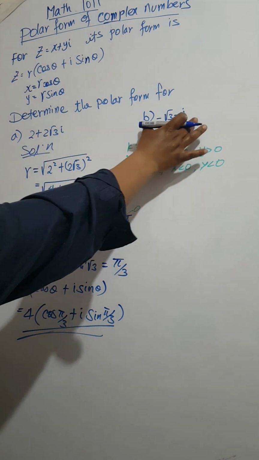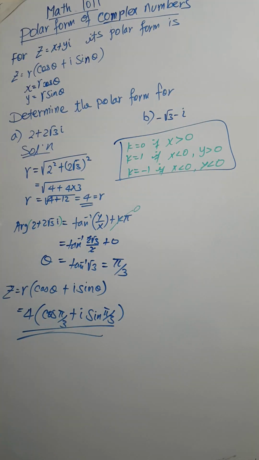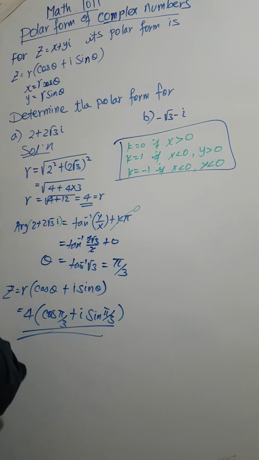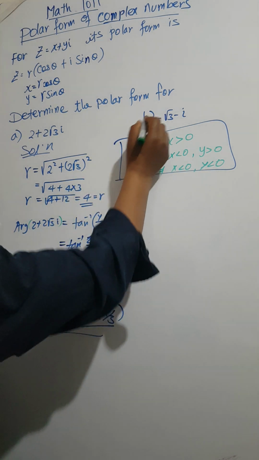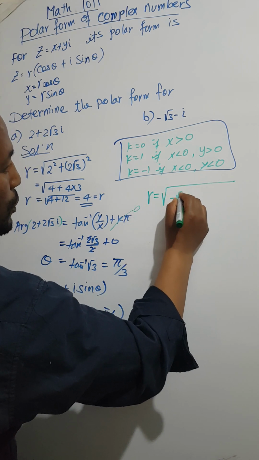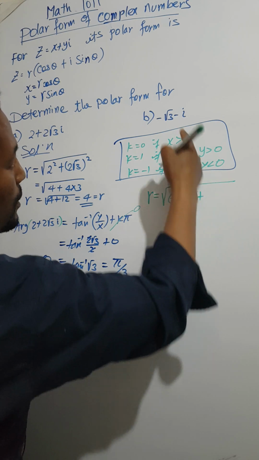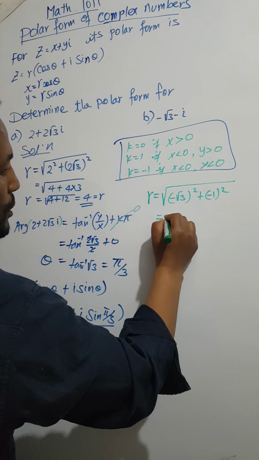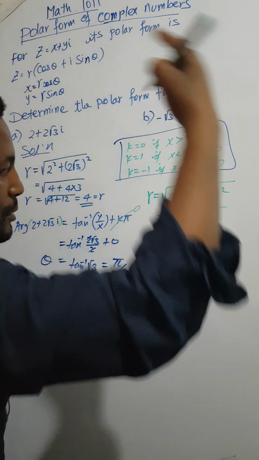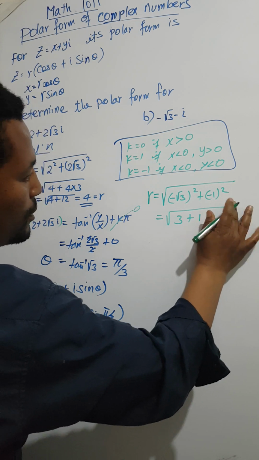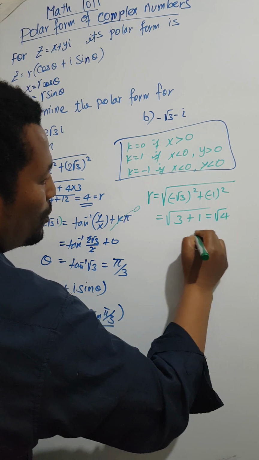እንደዚህ ቢሆን ኦኬ እቺ እንደዚህ እናስቀምጣትና እንደዚህ ሲሆን አሁንም የመጀመሪያው ነገር r ዲተርሚን እናደርጋለን ኦኬ አምፕሊቲዩዳችንን ወይ ሞጁለስ ኦፍ this complex number ዲተርሚን እናደርጋለን r is equal to square root of negative root 3 squared plus now the coefficient for this is negative 1 squared. ይሄ ምን ሆነ ማለት ነው this is equal to negative root 3 times negative root 3 is simply positive 3 and negative 1 times negative 1 is 1 so that this is equal to root 4 which is equal to